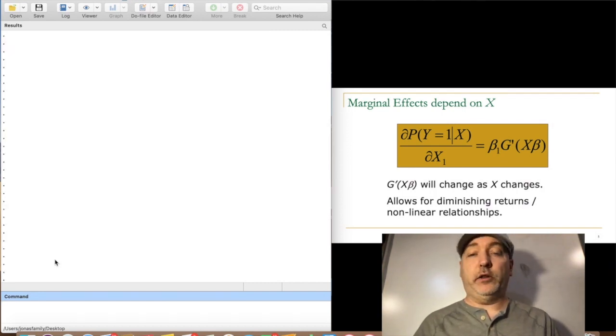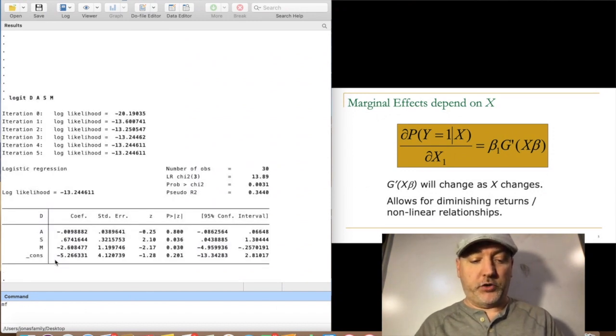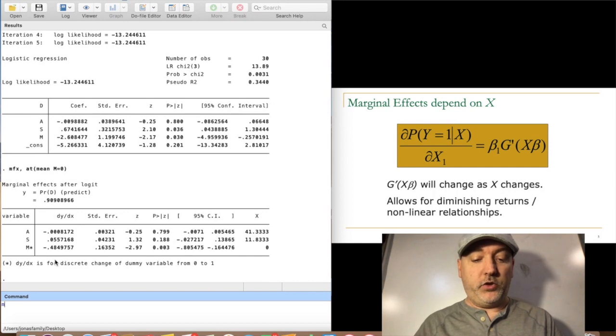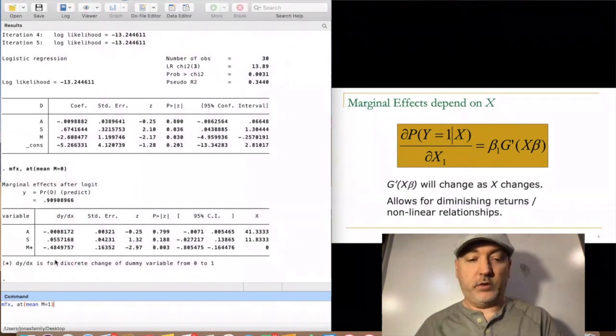So let's rerun that Logit model and add in a dummy variable accounting for marital status of the individual. So here, it's going to be our Logit again, dummy dependent variable as a function of age, schooling, and marital status. And let's just jump right into the marginal effects calculation. So we say at the means, except let's do it for unmarried individuals. So m is equal to 0. And then let's do it exactly again, mfx at mean, but now when marital status is equal to 1,